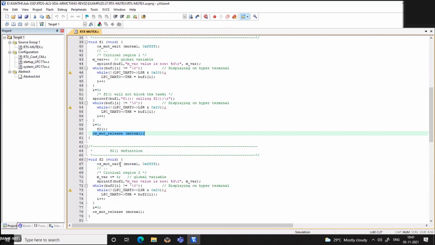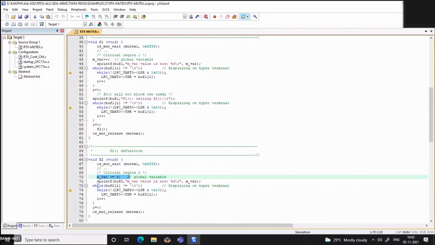If it is released, then it will enter the critical section. It was waiting for the mutex, and if it is released, it will immediately acquire it, and the global variable can be assigned some values. Please note that in function 1 we are incrementing, but here you are putting a constant value.